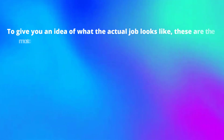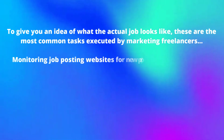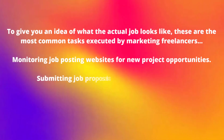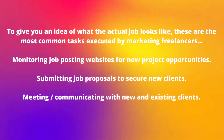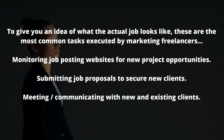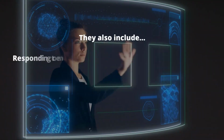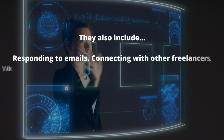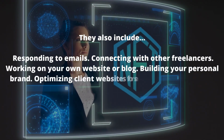To give you an idea of what the actual job looks like, these are the most common tasks executed by marketing freelancers: monitoring job posting websites for new project opportunities, submitting job proposals to secure new clients, meeting and communicating with new and existing clients. They also include responding to emails, connecting with other freelancers, working on your own website or blog, building your personal